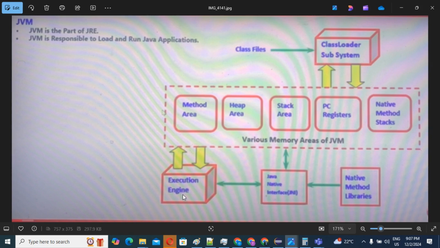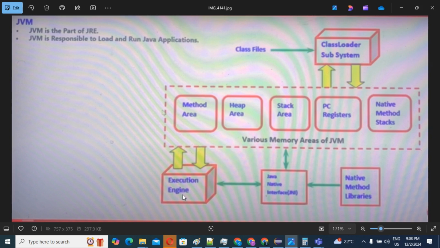Once again, I am explaining: when the JVM requires a native method, with the help of the native method library in Java, the Java Native Interface provides that method to the execution engine.